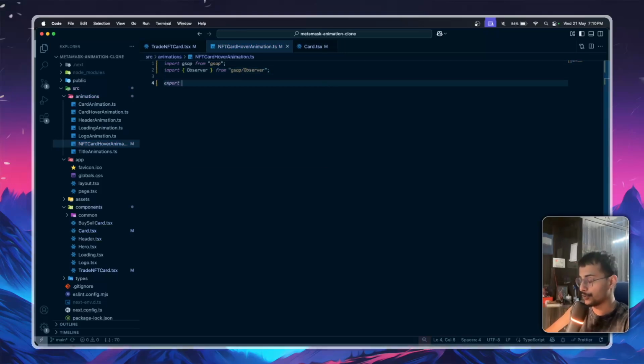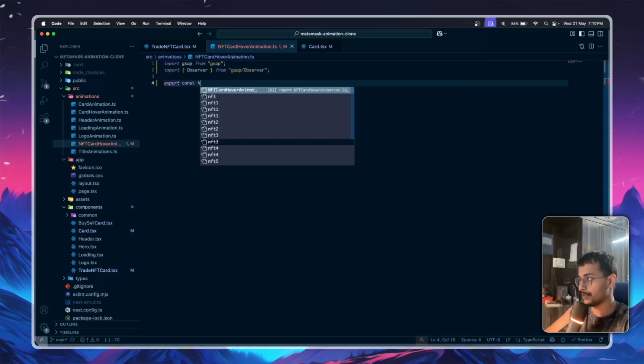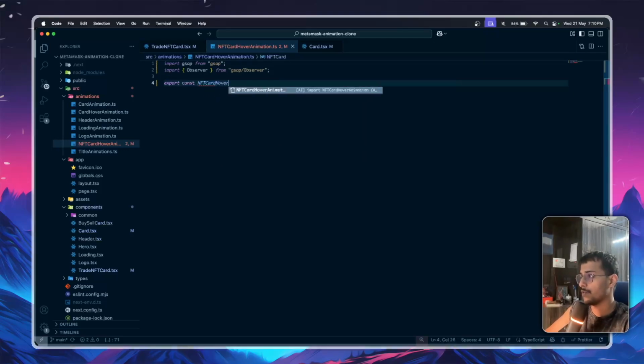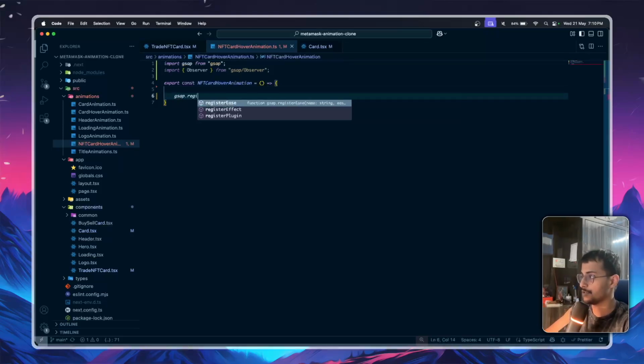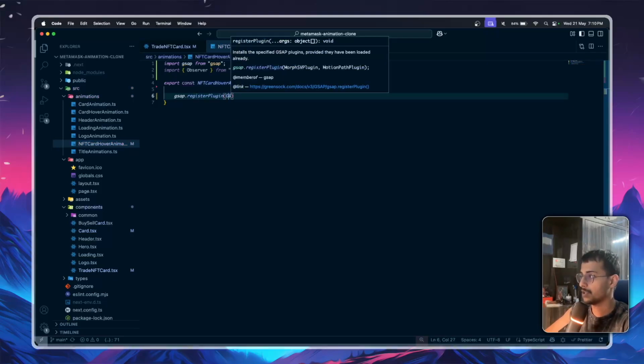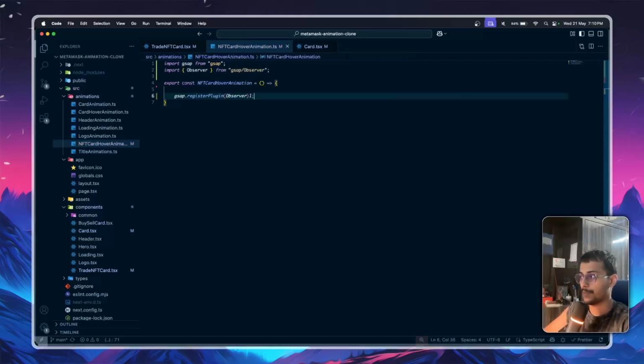Let's create the original function for animation, which could be named the same as the file name, card hover animation. Okay, inside this we will first register the plugin, which will be observer. Cool. What's next? Next is we are going to create the observer,